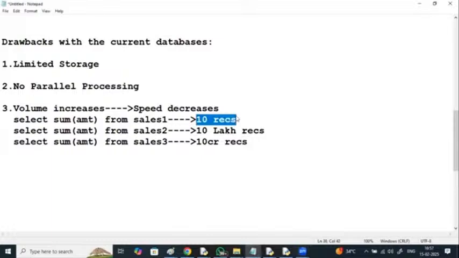But if it is increased to 70 kgs, he cannot even walk. Means if the volume is increasing, the speed is decreasing for the person, right? The same way here, if volume increases, and even if complexity increases, speed decreases.